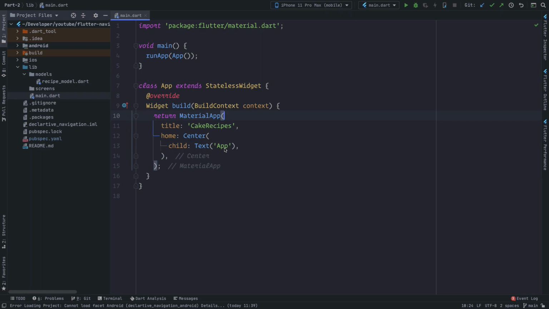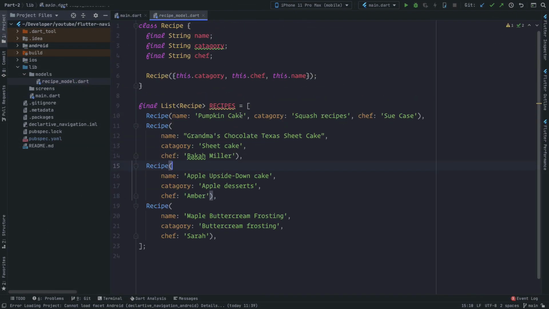Today we will continue with part 2 of Flutter Navigation 2.0. Please make sure to check out the first video about Flutter navigation in one of the corners, and let's get started. Now we will check this recipe model, so we will use the same model as we used before,